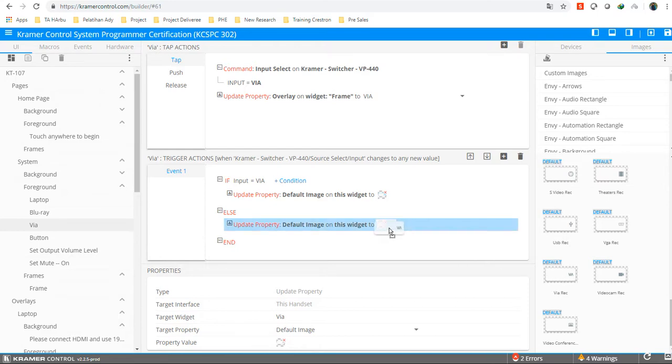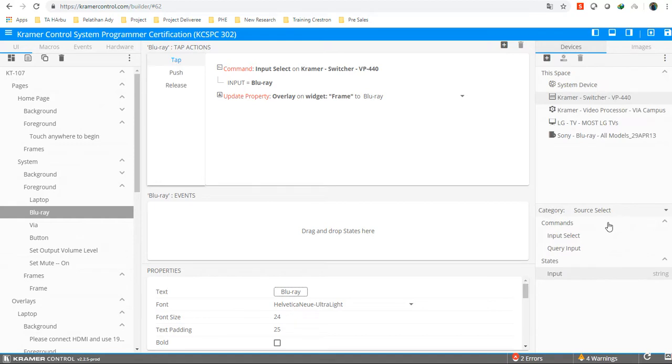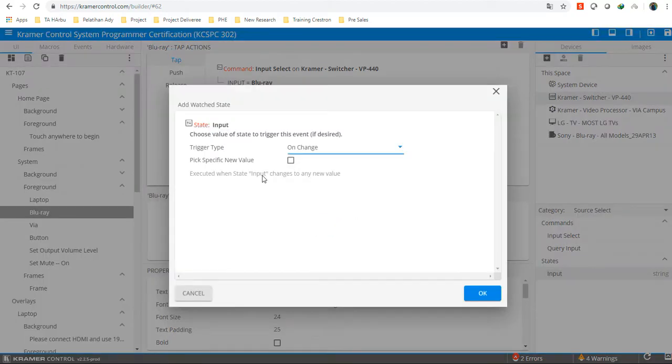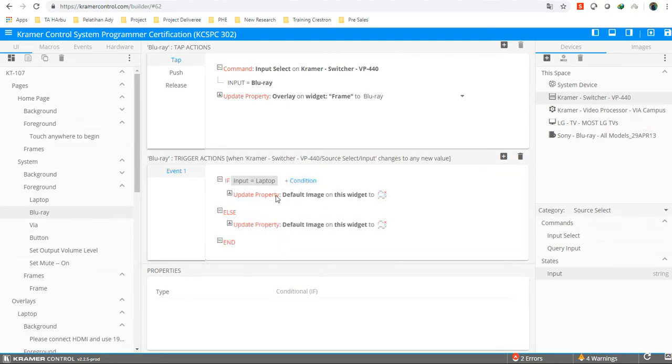Do the same thing for the last input. Go back, double-click on the Blu-ray button, go to Devices, drag our input state. This is deselected, so we'll say OK. Click on the Update property, paste, delete the text update property, change the laptop to Blu-ray,